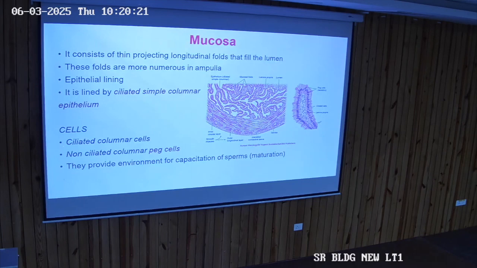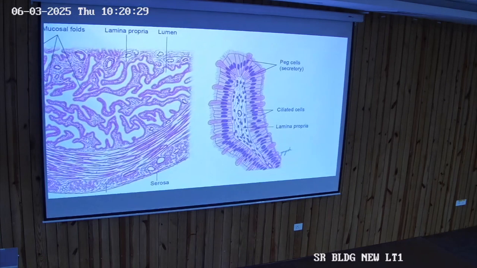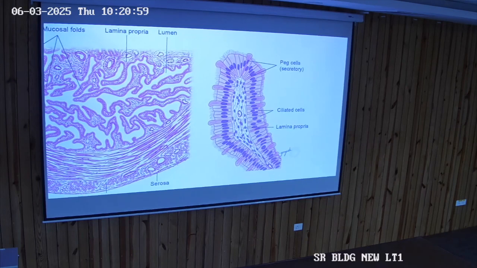Now these cells are not only having the ciliated columnar epithelium, it is also having non-ciliated cells, which are called the PEG cells, PEG. These are the secretory cells of the fallopian tube. So mucosa contains two types of cells. One is ciliated columnar epithelium, the other is non-ciliated epithelium. The ciliated is the mucosal epithelial layer, while these PEG cells are non-ciliated and perform the function of secretion. So you have to identify the PEG cells also, which are darker stained and also do not have the cilia.